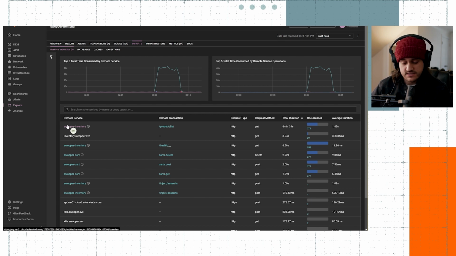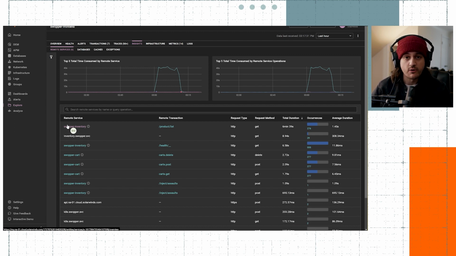But obviously, sometimes you don't have the capability of putting an APM agent on the back end of some of the services you rely on or make calls to, right? These could be third-party services you really rely on and maybe have SLAs established with even. I can still see that we make calls out to those services.